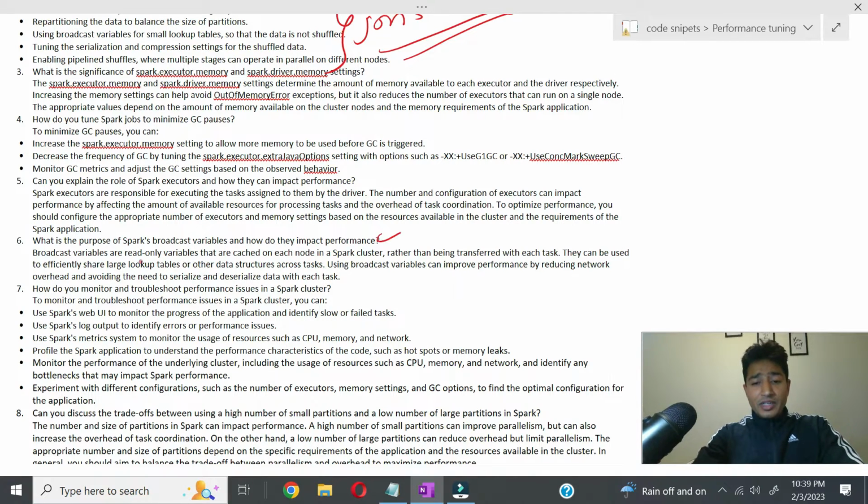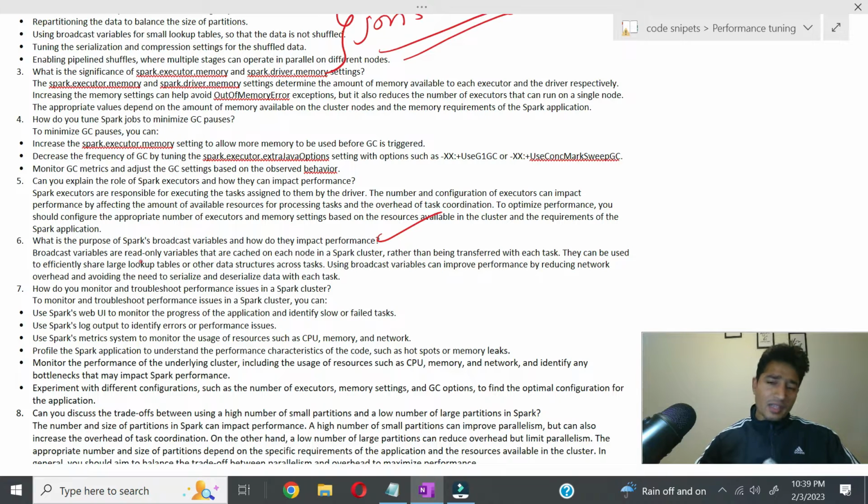Again, we have covered this question in the join video, but let's see quickly. Broadcast variables are read-only variables that are cached on each node in the Spark cluster rather than being transferred with each task. They can be used to efficiently share large lookup tables or other data structures across tasks. Using broadcast variables can improve performance by reducing network overhead and avoiding the need to serialize and deserialize the data